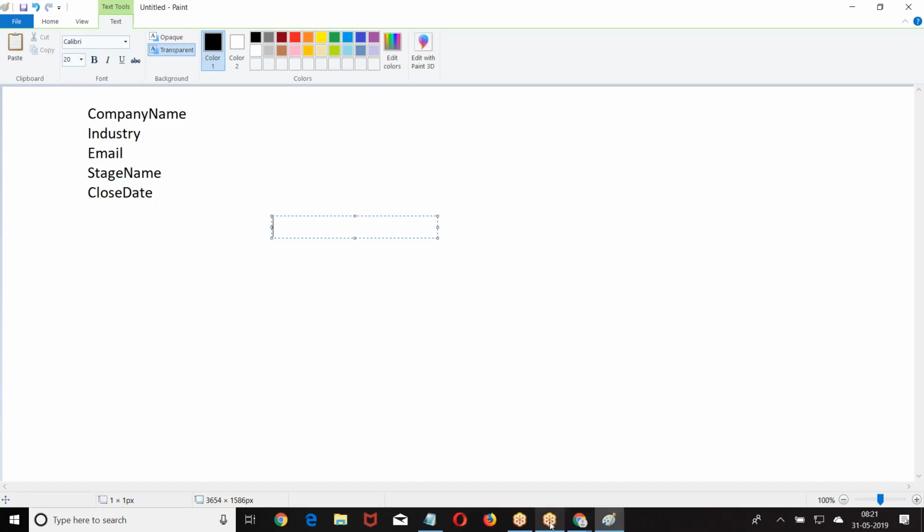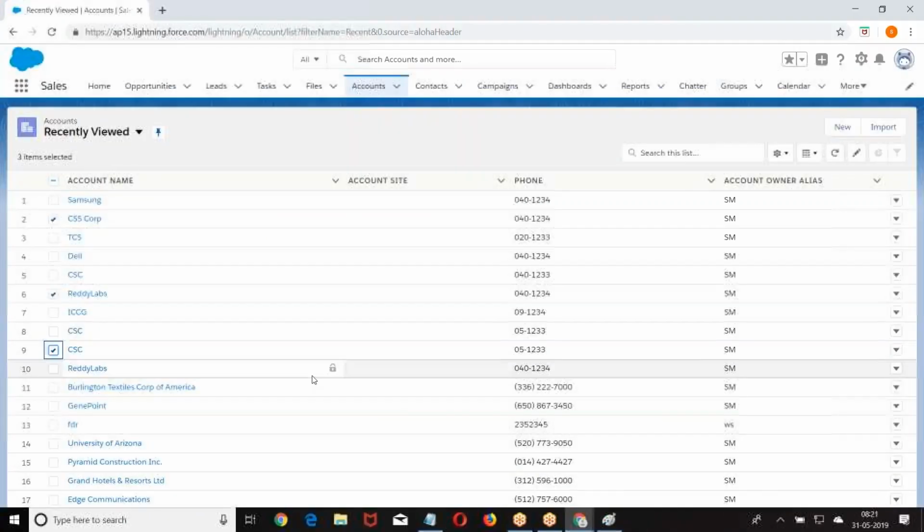Now the example I gave you here. The checkbox and account, is it the same data? No, right? Account is different, checkbox is different. Are we not relating these two? It is not necessary that every data you put in the wrapper class should be associated, that account with the contact, account with the opportunity. You can put whatever data.